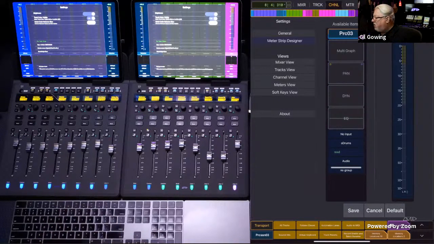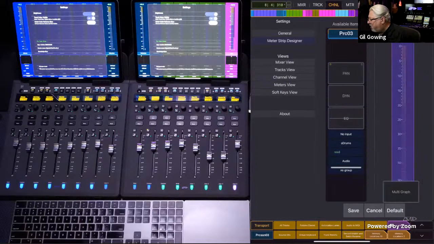Now, if you look over in the available items column, you'll see that we've got all the elements, and then there's a multi-graph that would normally be switched between pan view, a dynamics view, and an EQ view. When you pull it over here, it basically breaks itself out into those three elements plus its own multi-graph. So how this works now is I can grab the multi-graph and put it back over here into the strip